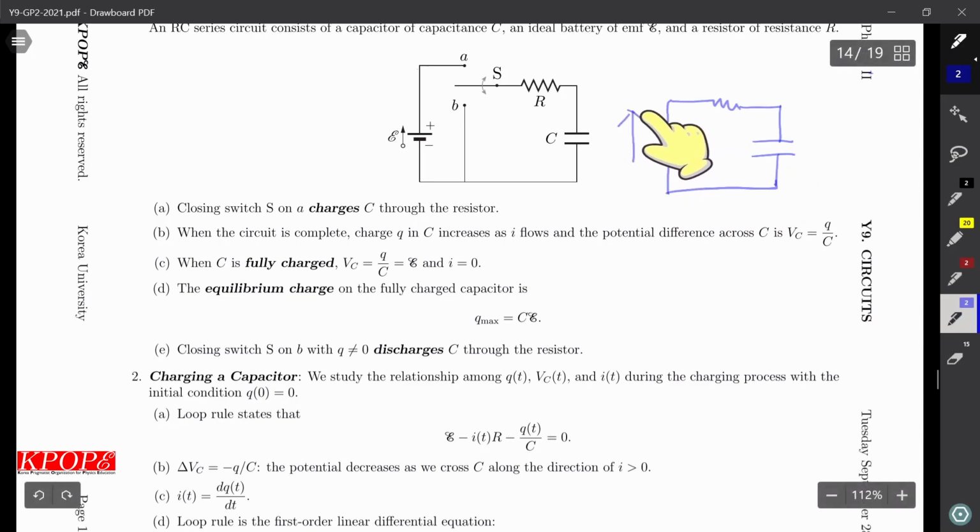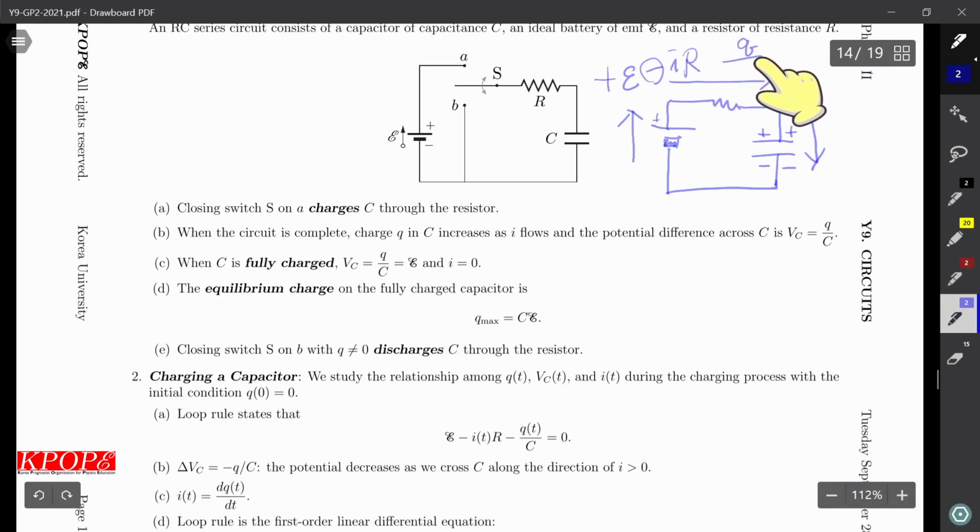We follow this. We have plus E. Following this line, you have IR, a decrease of the potential. And this is a plus, so positively charged, negatively charged. So there's a potential loss, Q equals CV,